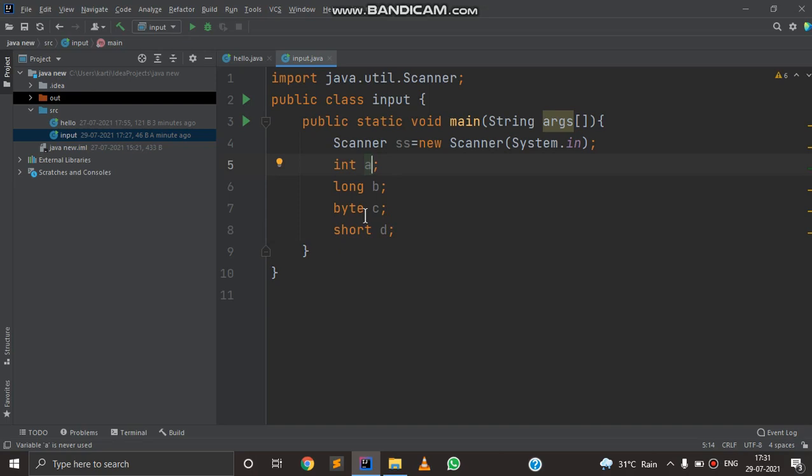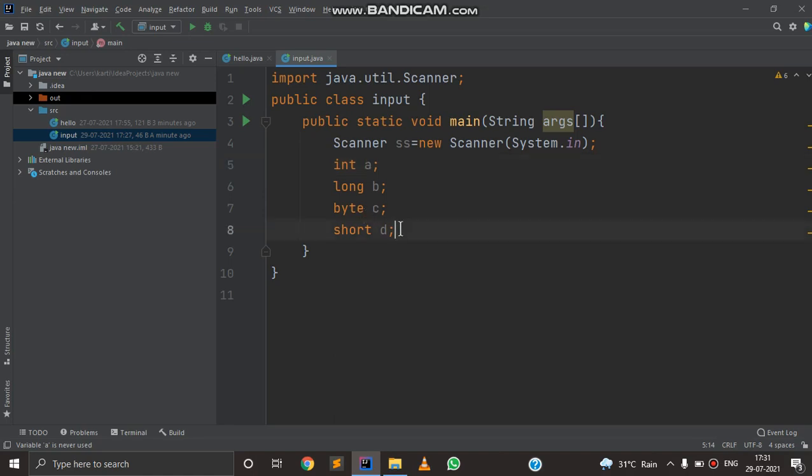It has storage value from -32,768 to +32,767. Integer data type has storage value of 32 bits or 4 bytes, and long has 64 bits or 8 bytes. Byte has storage value of 8 bits or 1 byte, and short has 16 bits or 2 bytes.